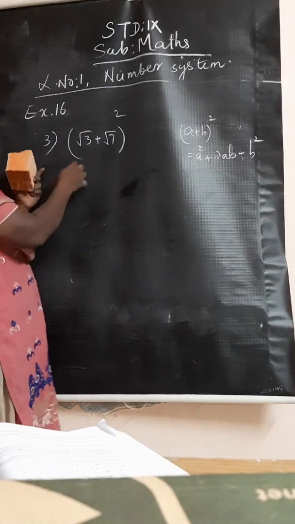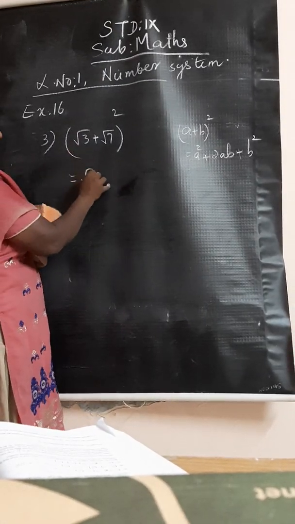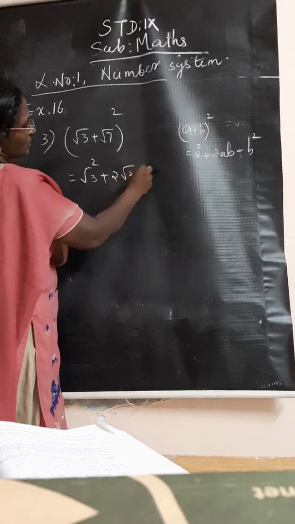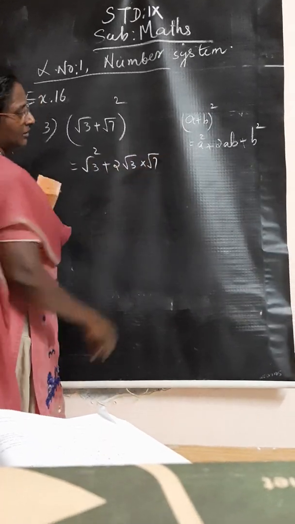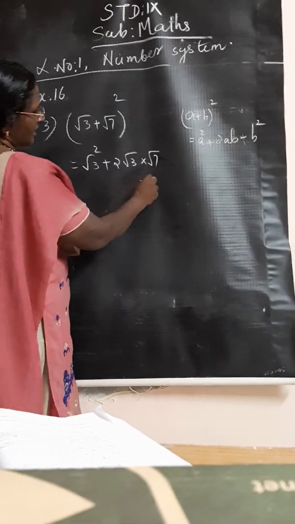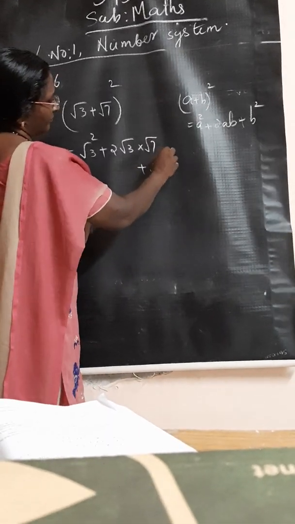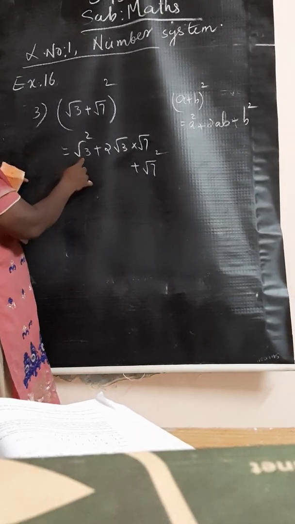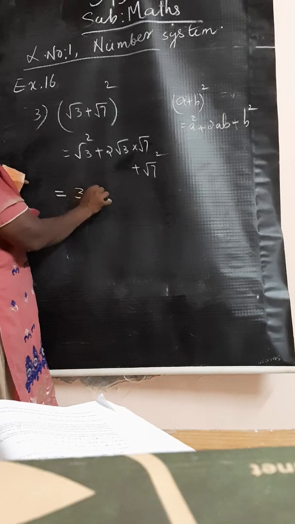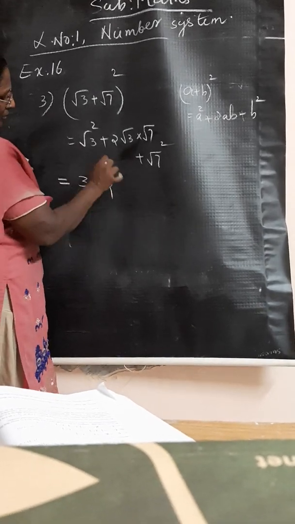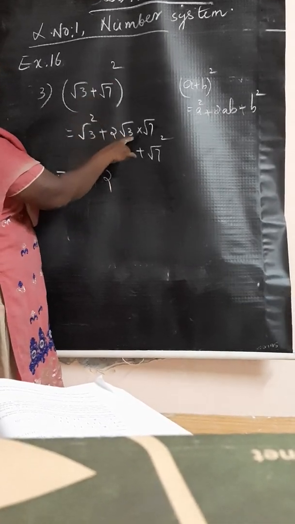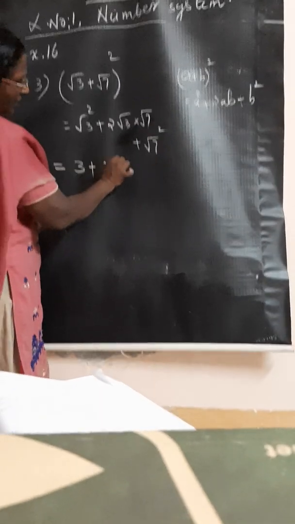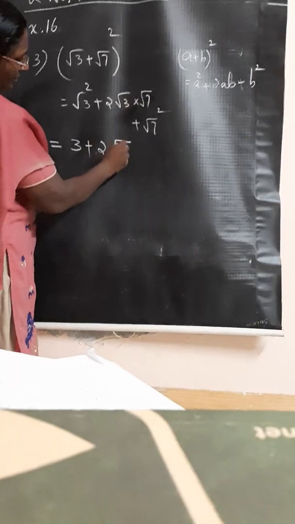So here also, first term square plus 2 into first term into second term plus second term the whole square. Clear? That is equal to root 3 the whole square means root 3 into root 3, therefore 3, plus 2 into, here the previous formula root a into root b is equal to root of ab, that means root of 3 into 7